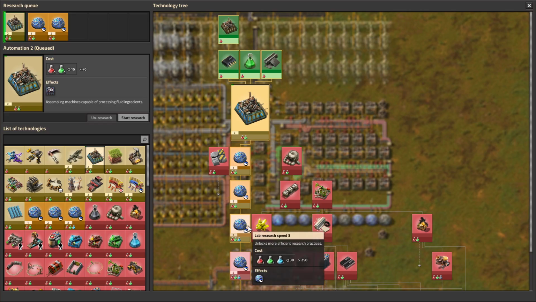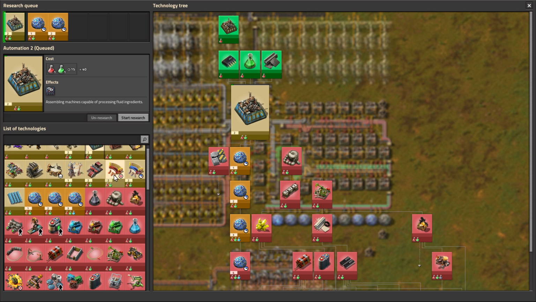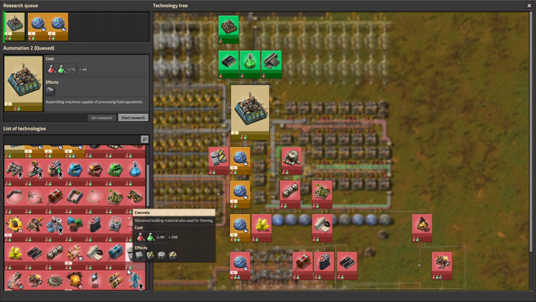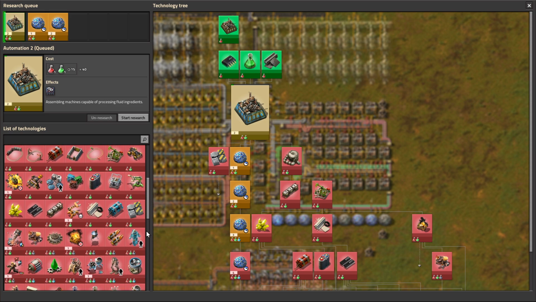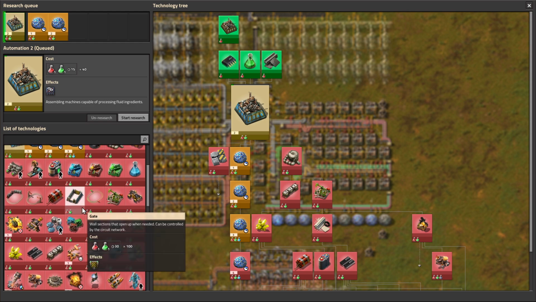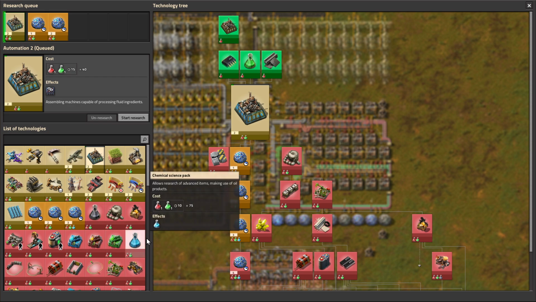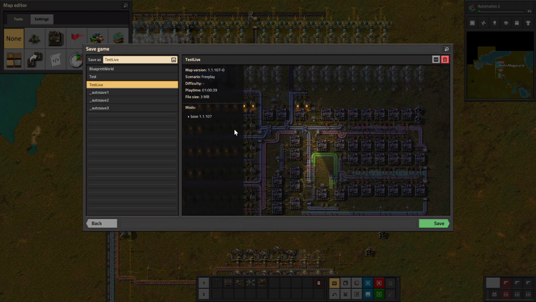So lessons learned. We did not get all of red-green research done in an hour. Not even close. More labs. Oh, holy crap, I didn't realize how much red-green... I knew red-green got to oil. I just forgot it also included concrete and plastic and all this. Oh my god. Okay, so maybe 2 hours for all of red-green. The reason why that is important to understand and note is...